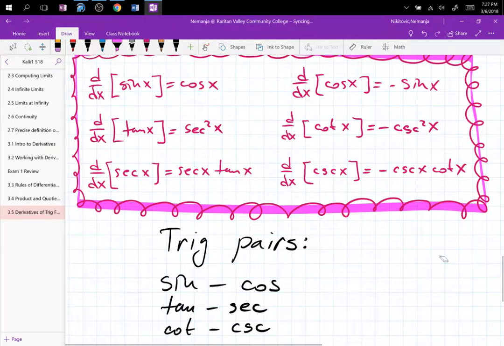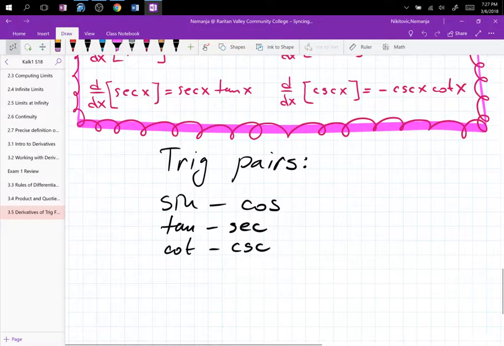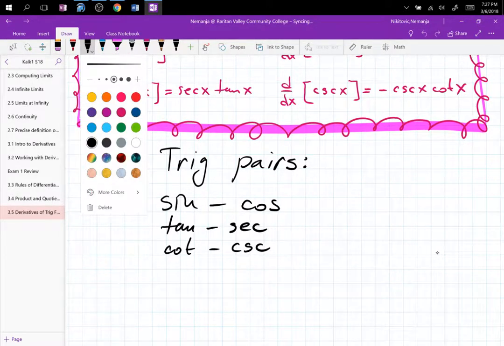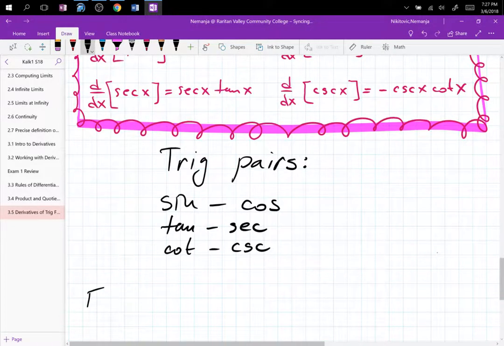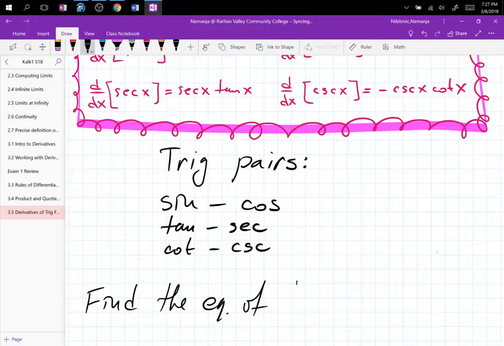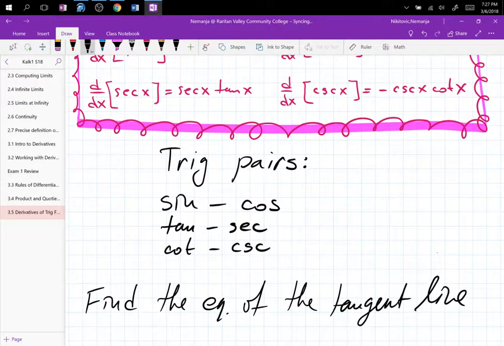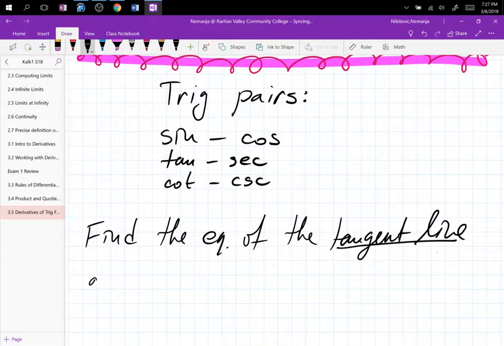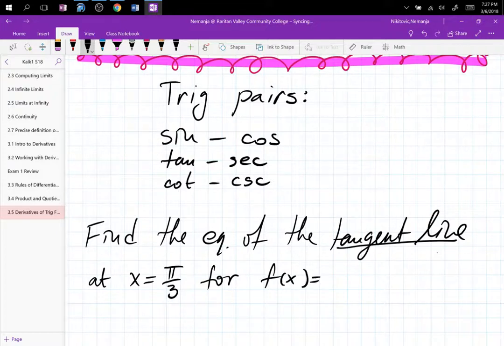Are we all bueno on that? Which problem are we going to do now? Which one? Equation of the tangent line. Find the equation of the tangent line at x equals, let's say, pi over 3, good enough, for f of x equals